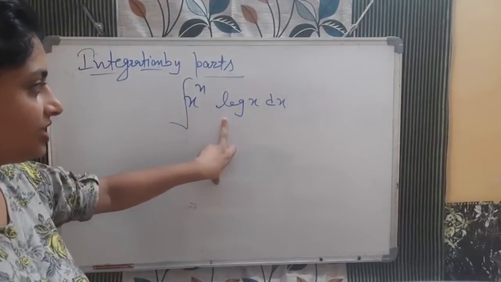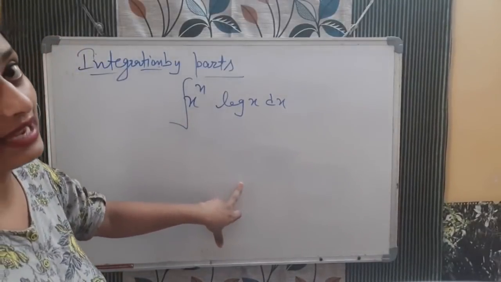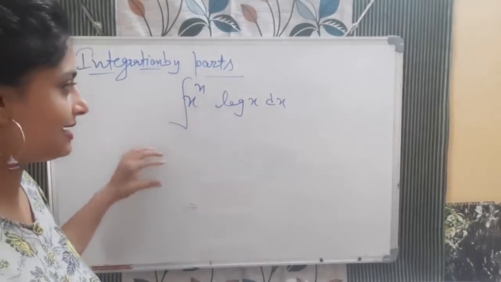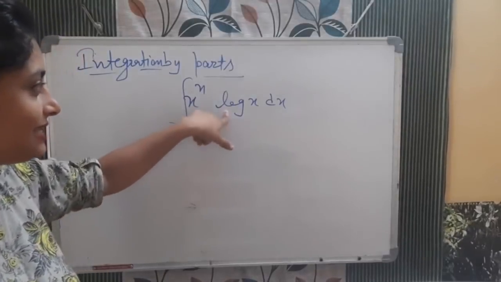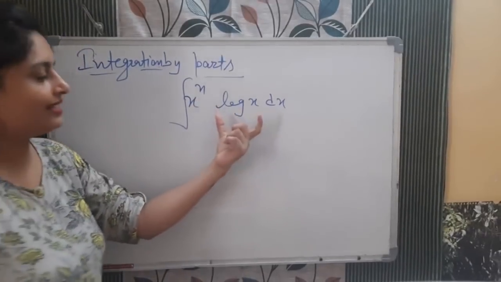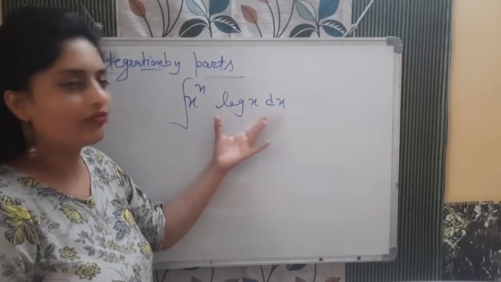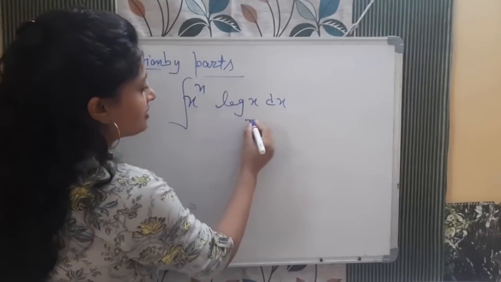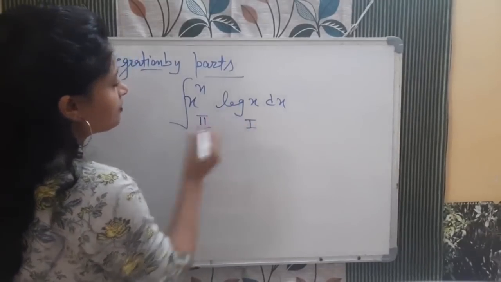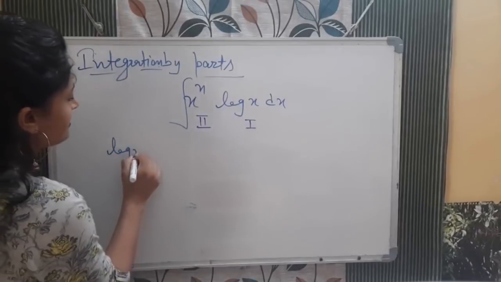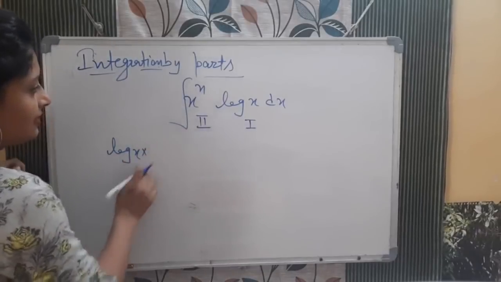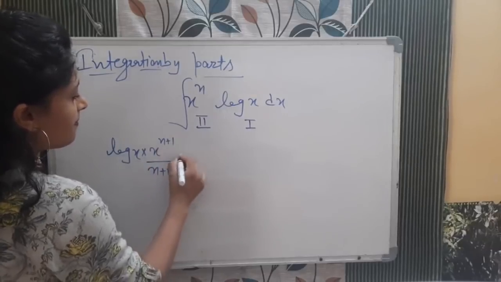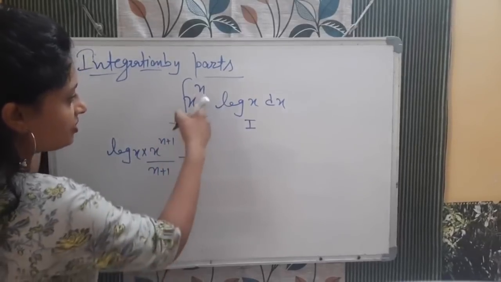Now when you will differentiate log x, what will it be? It will be 1 by x. The differentiation of log x was 1 by x. Okay, so I think it will be easy to solve, because if you integrate log x, we don't know the formula for the log x integration, but we know the differentiation. So what we take first, we take it second. So first as it is, log x into integration of second. What will happen, increase the power by one, same divided, minus integration of differentiation of first.